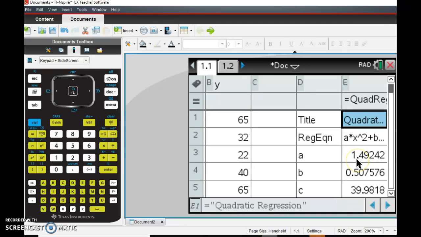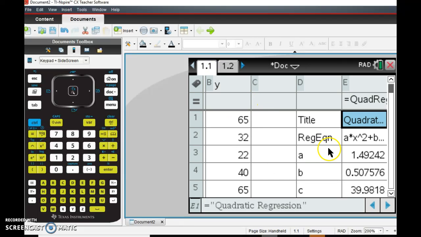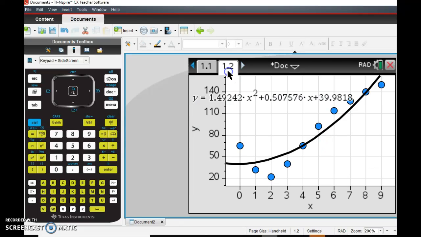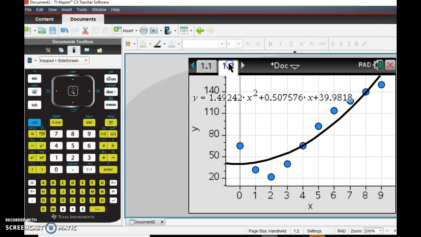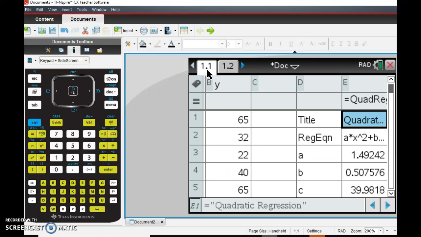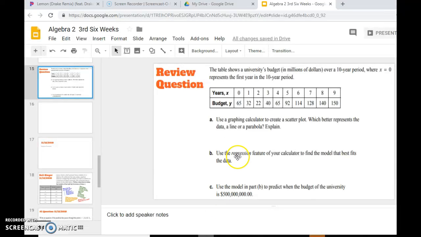Don't them numbers look familiar? A, 1.492. Let me show you how familiar they are. 1.492. B, 0.507. And C, 39.98. Guess what it's going to be over here? 39.98. Now, that would be the conclusion of how you take a table of data, which is here, this data that you have along here,